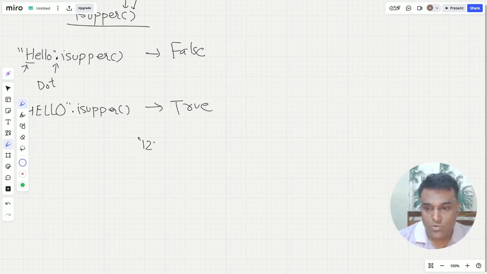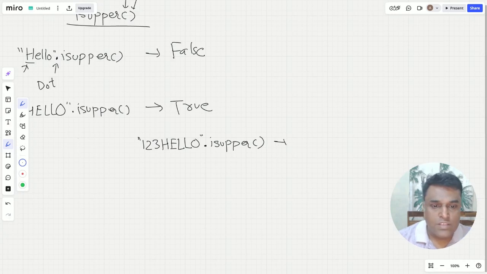That is one, two, three, and then I say H-E-L-L-O. Another case, right? Is upper. Now, what is this going to give? This is going to give true. Why true? Because as I said, if there are alphabets,